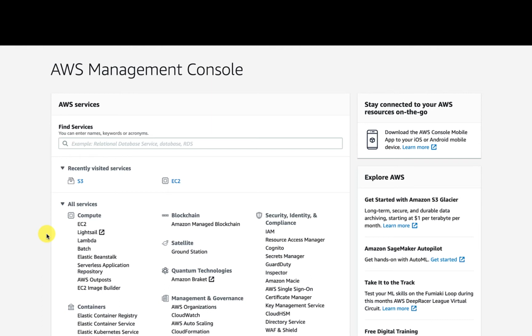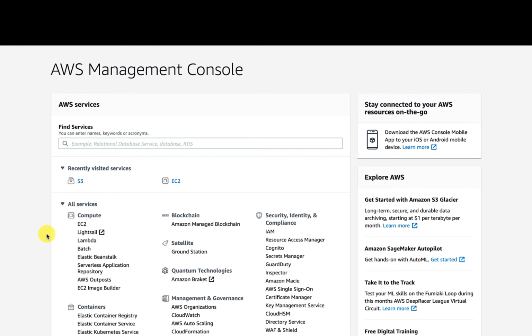So the very first thing or a prerequisite is that you have to log in to your AWS management console. It could be your root account, but the more recommended way is to use an IAM user. So you will get the credentials of your IAM user from your admin, or in case you are the admin, you can probably create your own IAM user and then you can connect to your console using that IAM user, and that is what I also have done here.